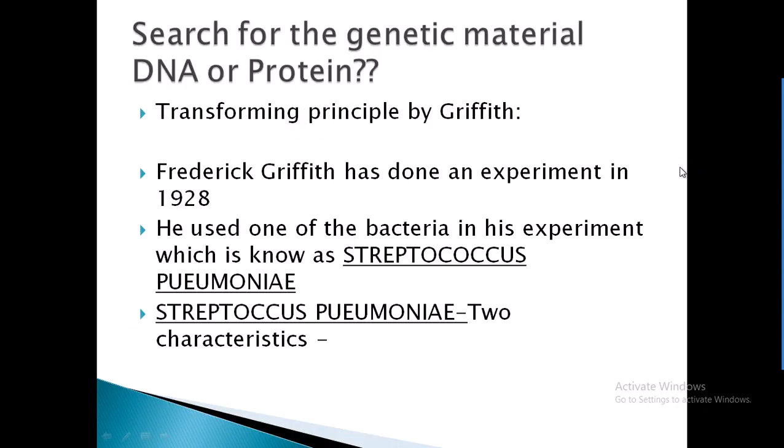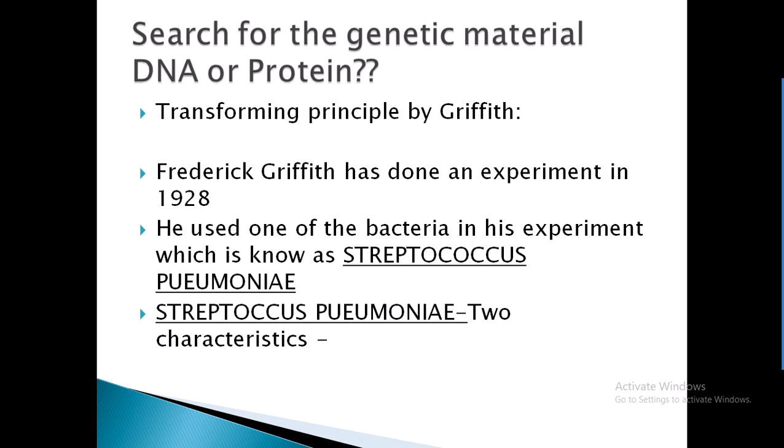Griffith experiment was an experiment done in 1928 by Frederick Griffith. It was one of the first experiments showing that bacteria can get DNA through a process which is commonly called transformation. But the question was, why only DNA? Why not protein or RNA? So you will get the answer to this question after watching this video.